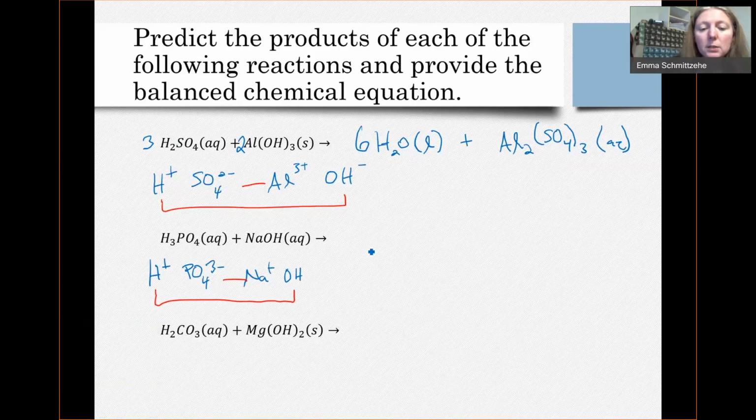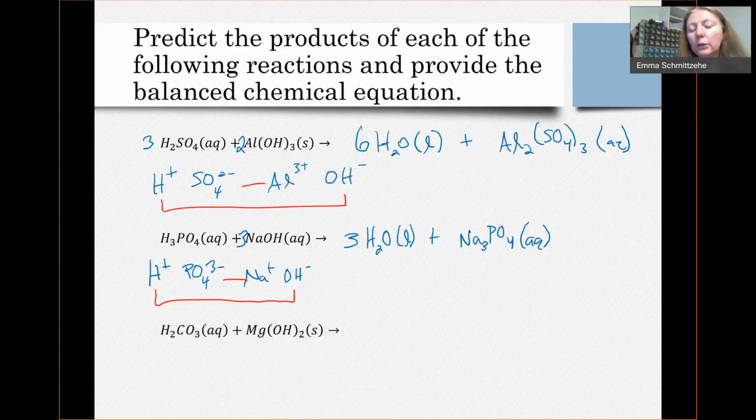So that would give us H2O liquid and Na3PO4. And so that, it's got a group 1 metal, so it's soluble. So that's aqueous. And then I'd need 3 of the NaOHs. And that means I'm going to make 3 waters. Okay. I know some of this stuff I'm doing fast. If you need to slow down, you can pause it and try to do it and then watch for the